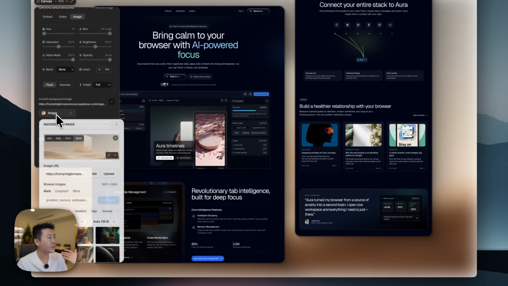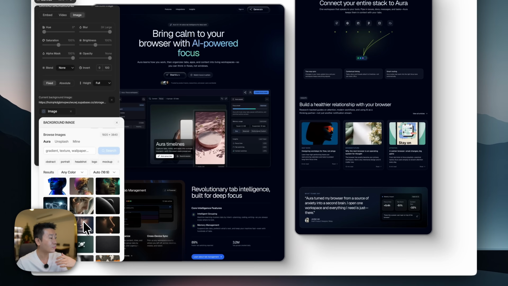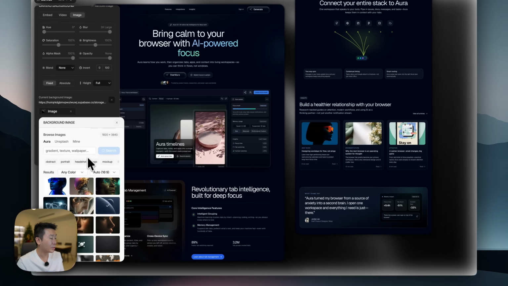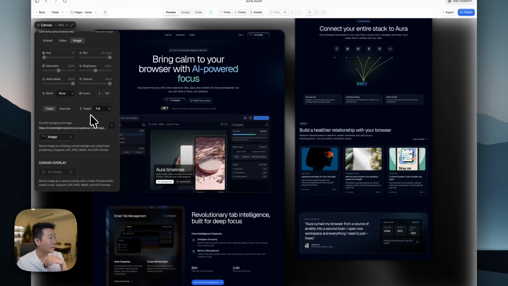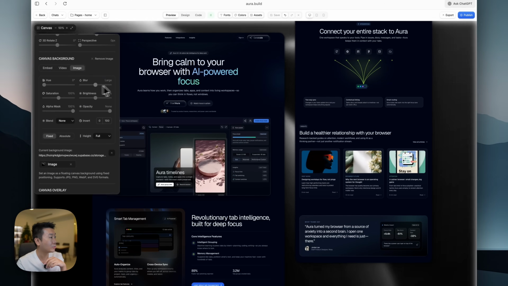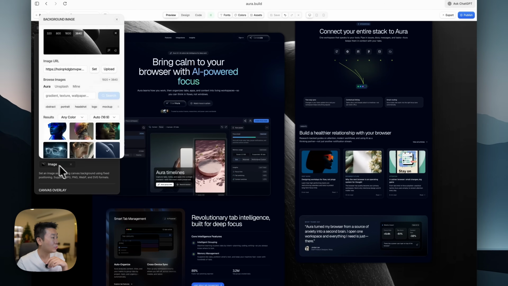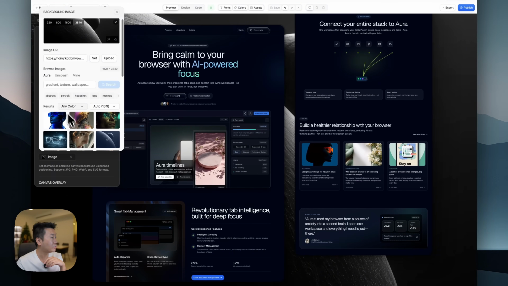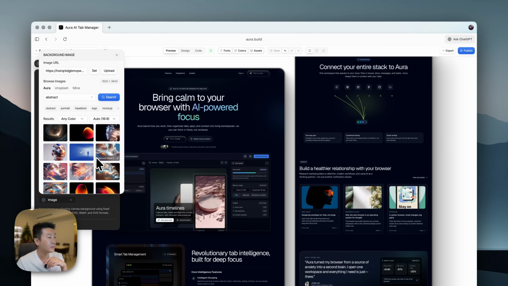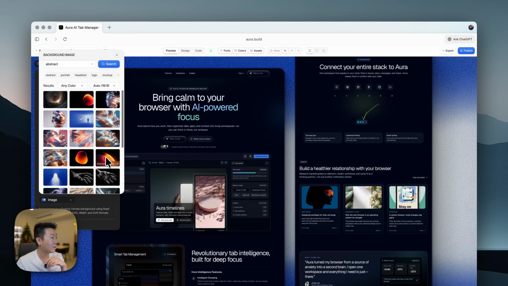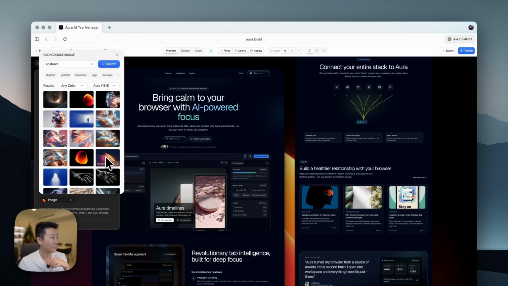And of course, you can change the image to the background using any of the backgrounds that we have, and you can customize the blur of that. So for example, you can decide to not have blur. You can decide to have different backgrounds. So abstract, for example, is very popular, and a lot of styles that you can use for your